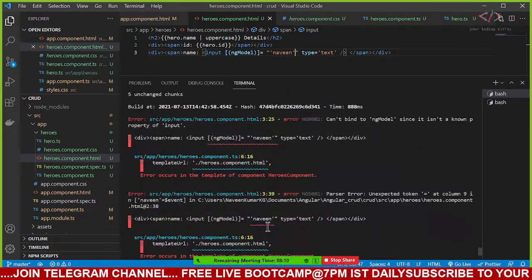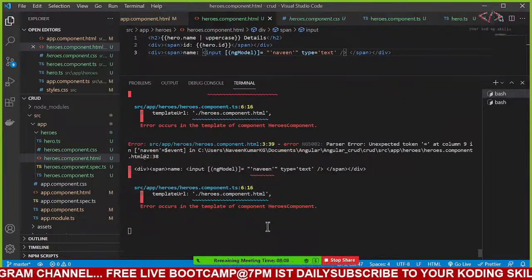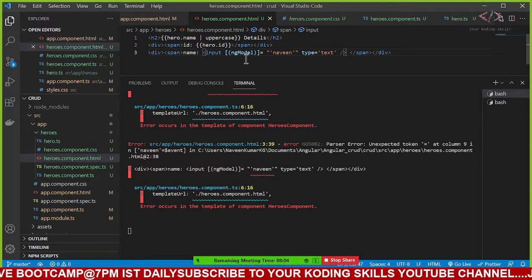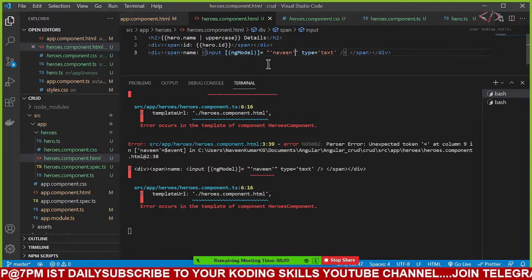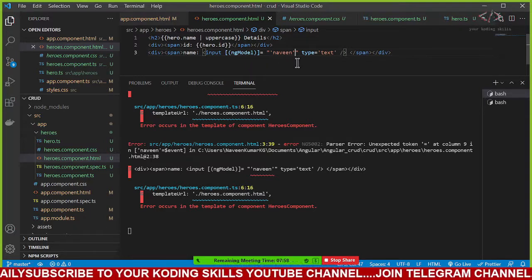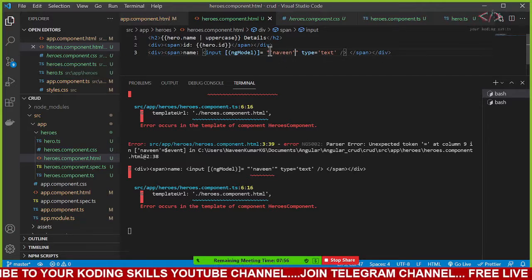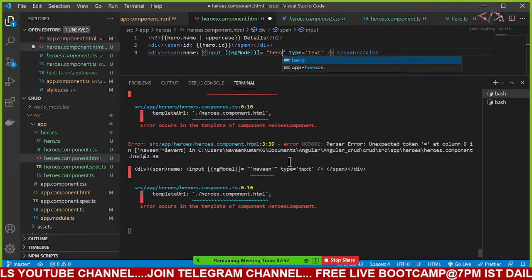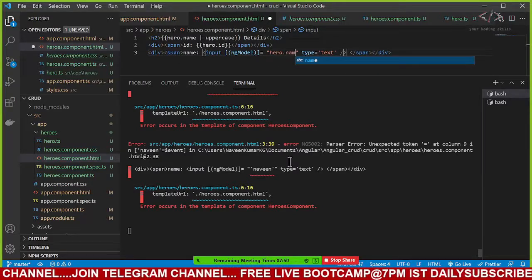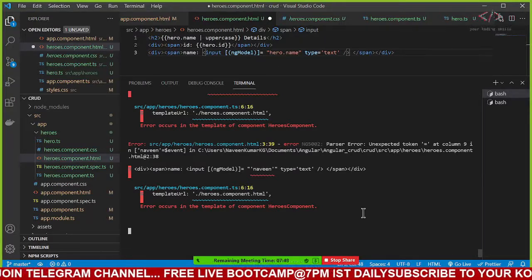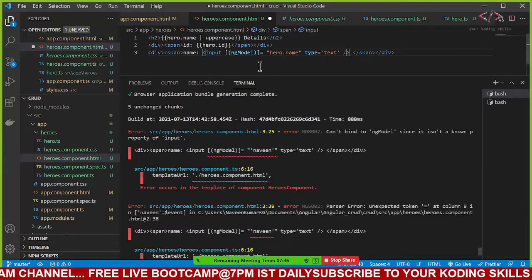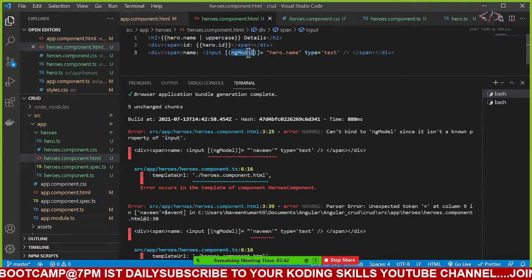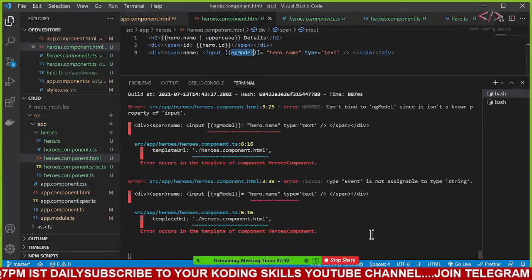I want to see a different error, which says [(ngModel)] equals hero.name. Yes, I can directly give hero.name, but I'm looking for one error, as Ramya was already suggesting the answer itself. Whenever you use ngModel, this is a feature of Angular.